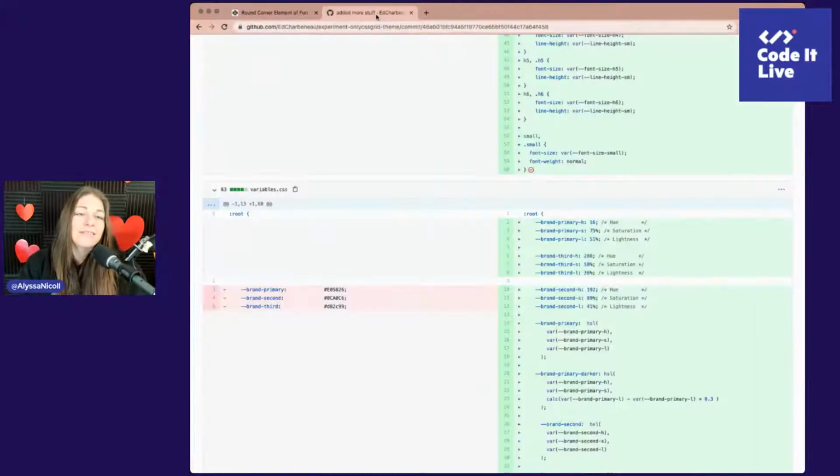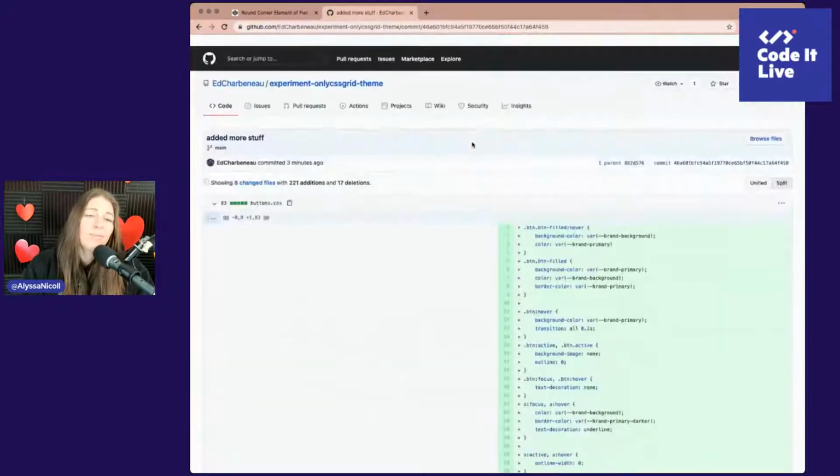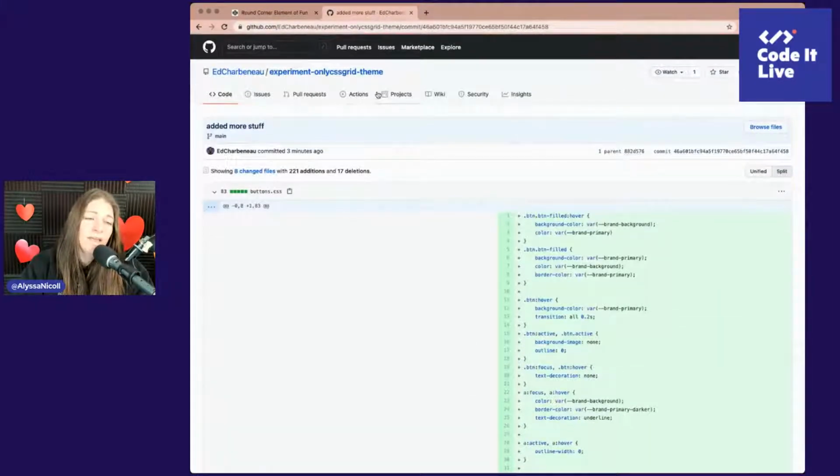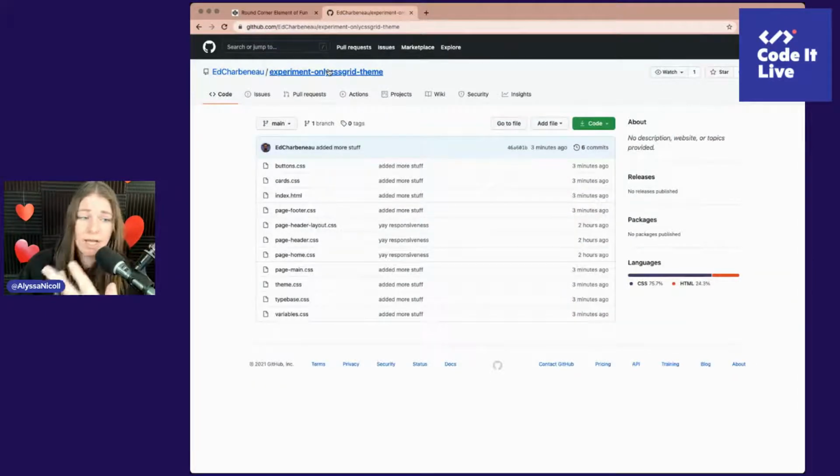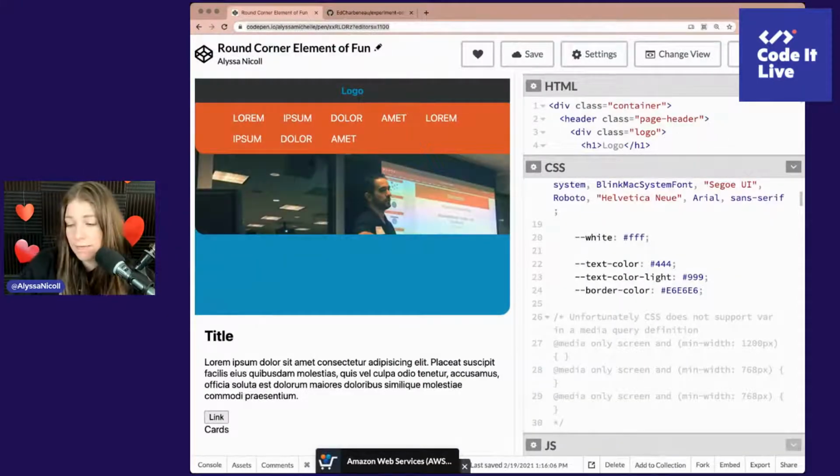Fine. You're gonna make me pull it down. It's gonna be so painful, and everybody's gonna be watching my Git skills in the terminal. Okay, fine. We're gonna do this the way it properly should be done. So we're under experimental, but if you perhaps wanted to play around with Ed's first version,